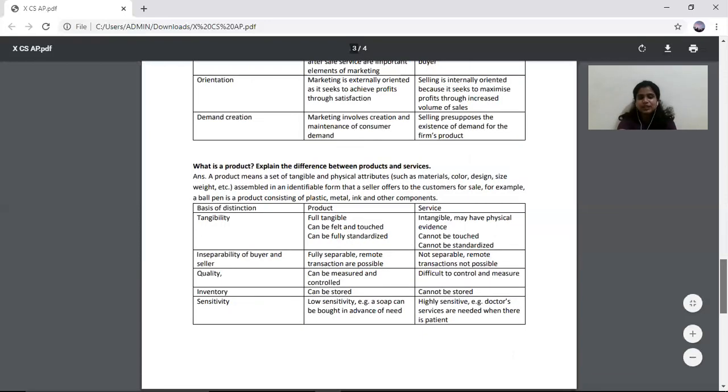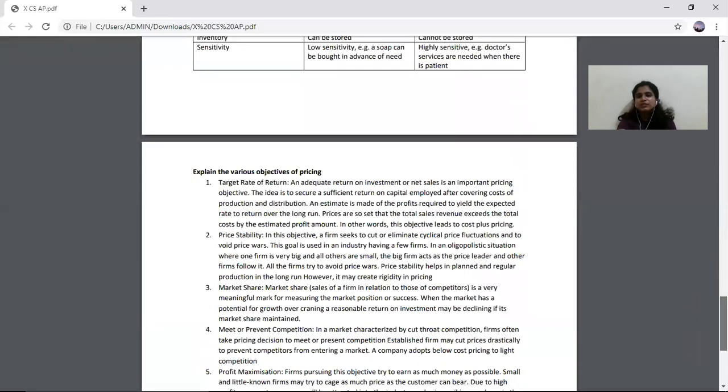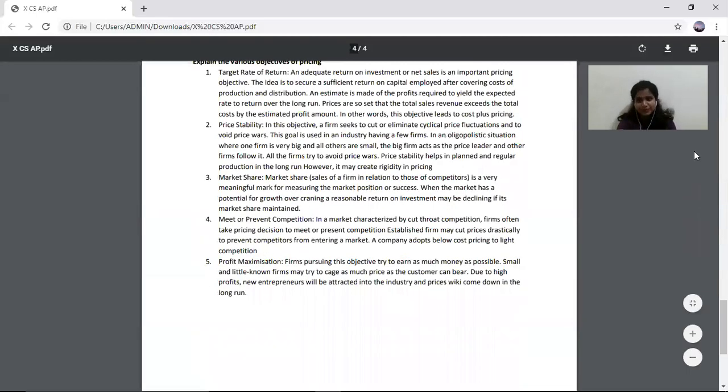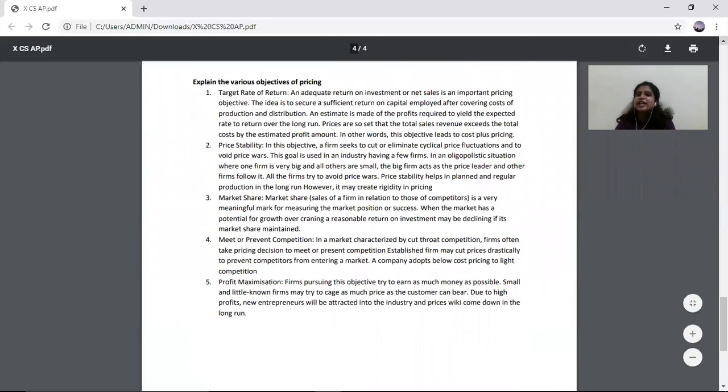The next and the last question of this paper is question 4B, right? So the question is, explain the various objectives of pricing. Now again, students, like I mentioned before, you will take the words from your question and frame a sentence first: the various objectives of pricing are, and then start writing your main answer. Since it's a 5-mark question, you will have 5 header points. Underline those header points, write a proper suitable explanation for each of those 5 header points, and then you have your answer ready, right? So students,